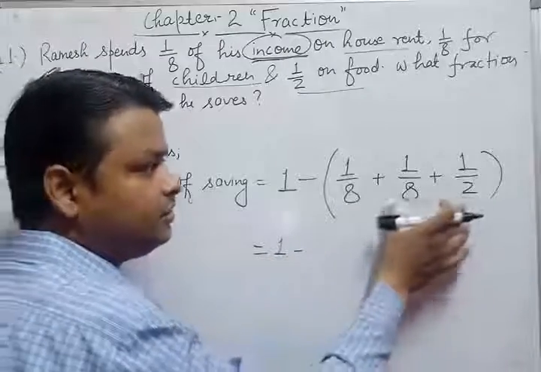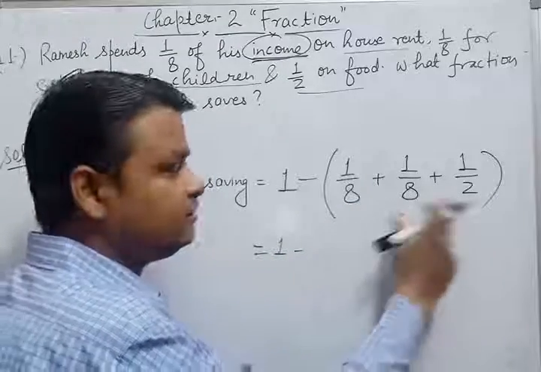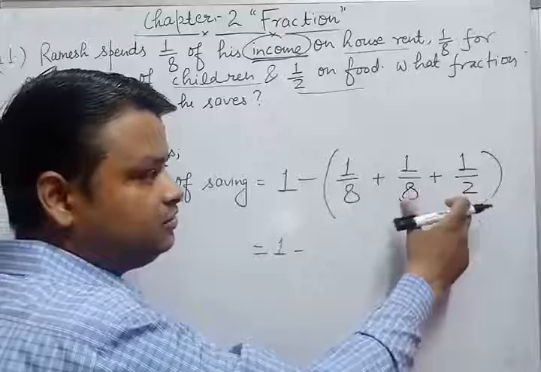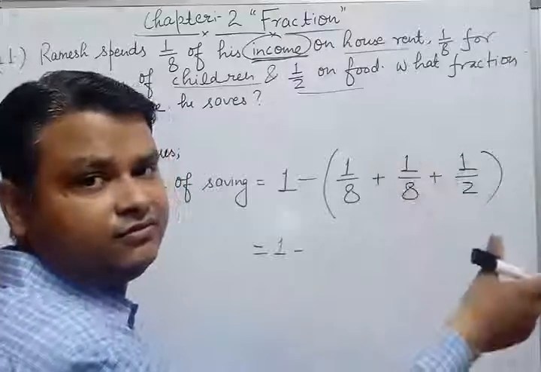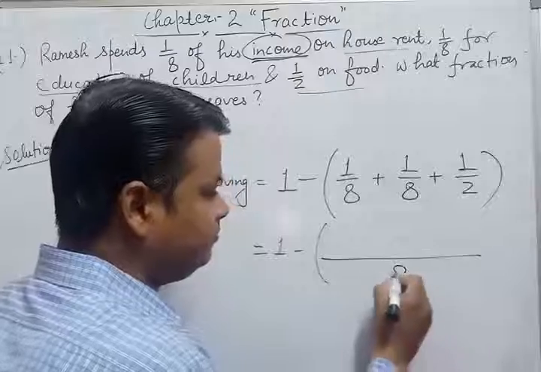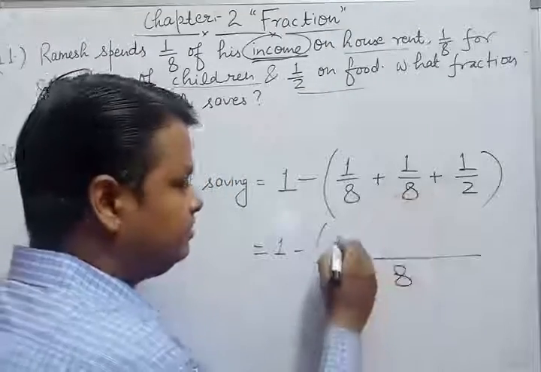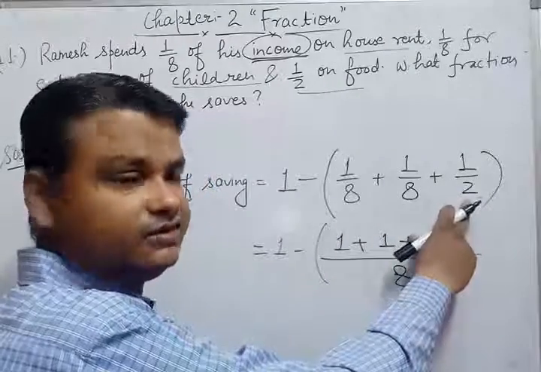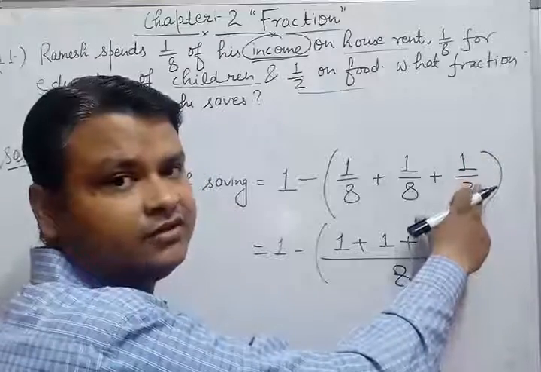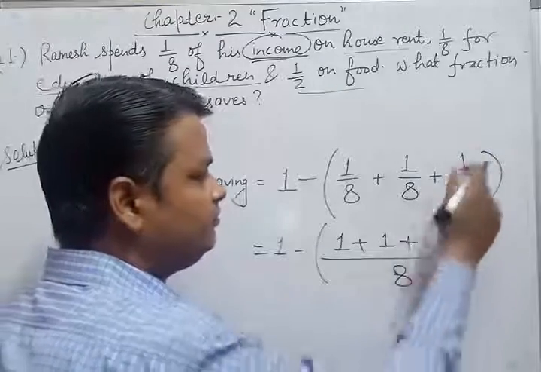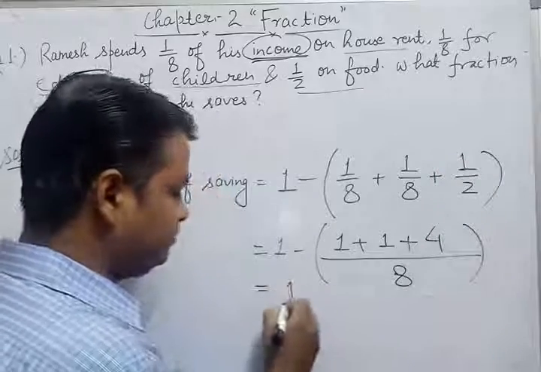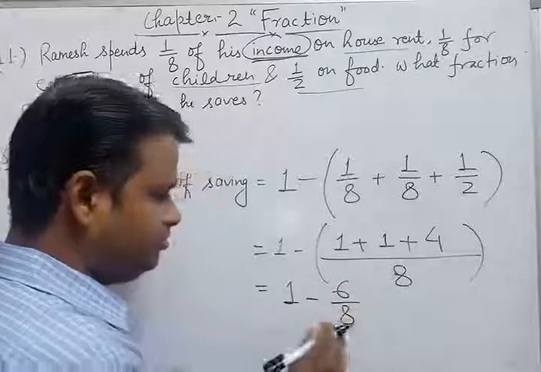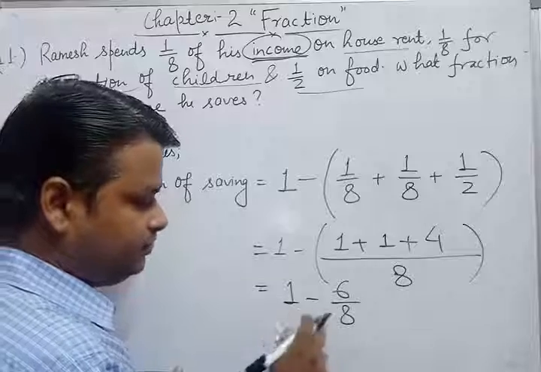So students, this fraction is a like fraction, but this fraction is not a like fraction. So you have to convert this fraction into a like fraction. It is very easy, because in the table of 2 we get 2, 4, 8, so the LCM of all the fractions is 8. To convert into a like fraction, multiply both numerator and denominator by 4. 4 2s are 8 and 4 1s are 4. Then we will get 4 plus 1 plus 1, that is 6 upon 8, and you have to subtract 6 upon 8 from 1.